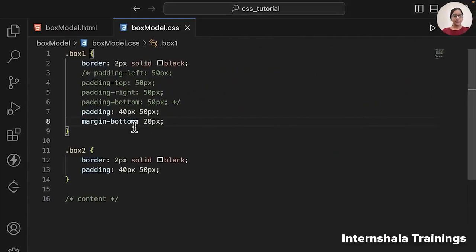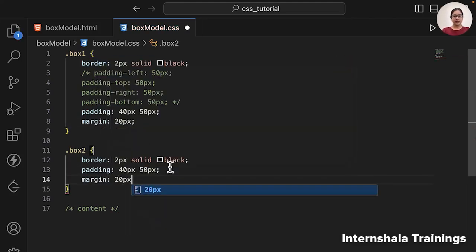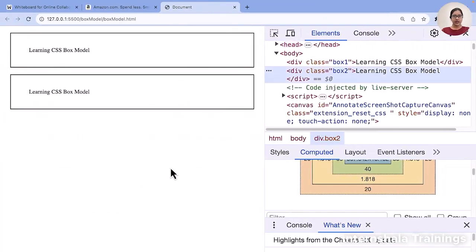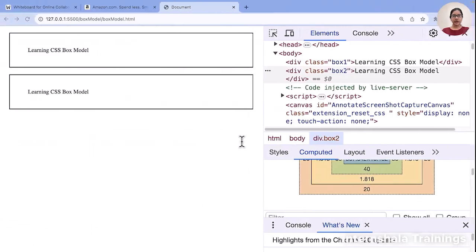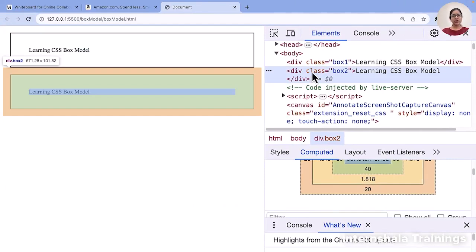Here again, margin you can apply on all the 4 sides, top, bottom, left and right, similar to padding. And also similar to padding, you have a shorthand property, you can apply like this, if you want the same margin on all the 4 sides. Now suppose I have added a margin to box 2 also, similarly 20 pixels here also. Now I have added a margin of 20 pixels to both. But what do you think? What is the space between these two boxes? Should it be 20 plus 20, 40?